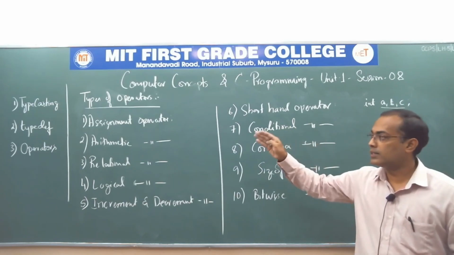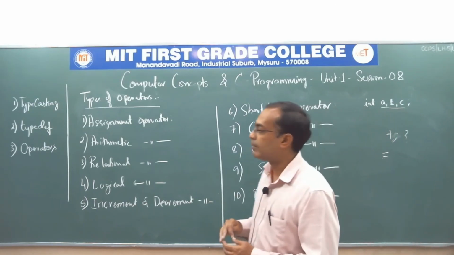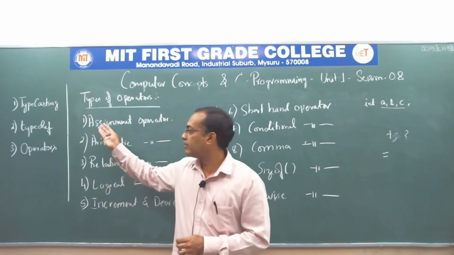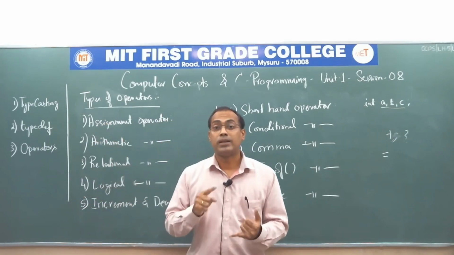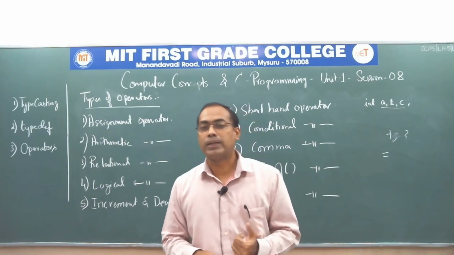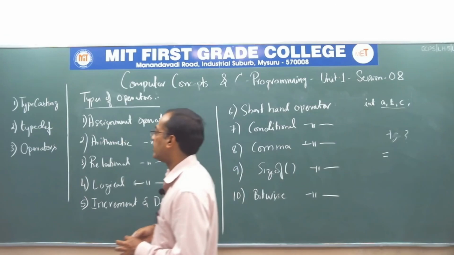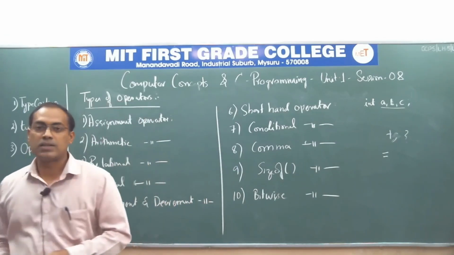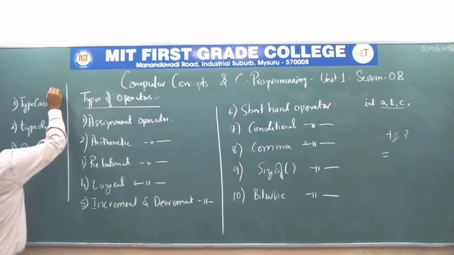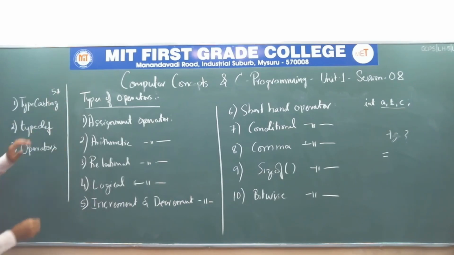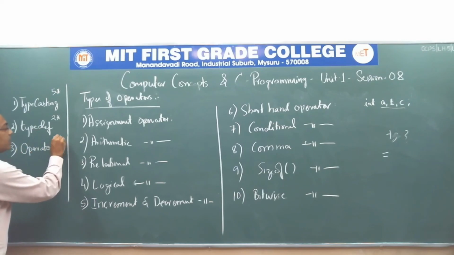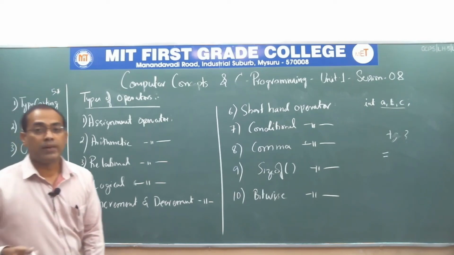Okay, now in this session we covered what typecasting means. We learnt what typedef is, as well as the different categories of operators and the types of operators that are supported in C. From an exam point of view, typecasting is an important question. You can mark it with a 5-star rating. Typedef you can mark with a 2-star rating. 2-star means it is asked rarely, not frequently. Whereas operators is a 5-star rating, a descriptive 8-mark question, guaranteed.